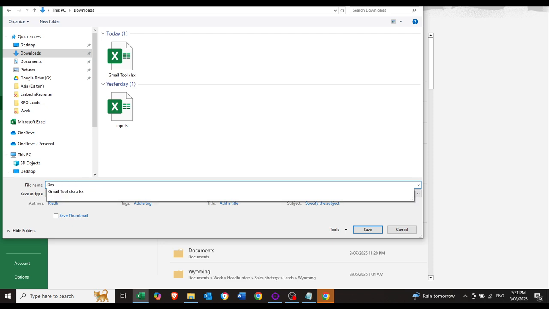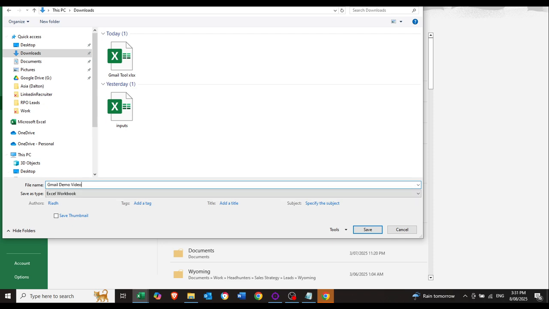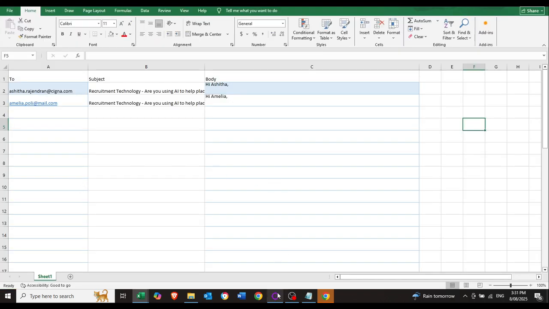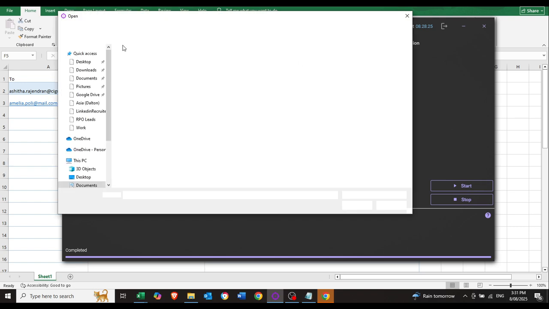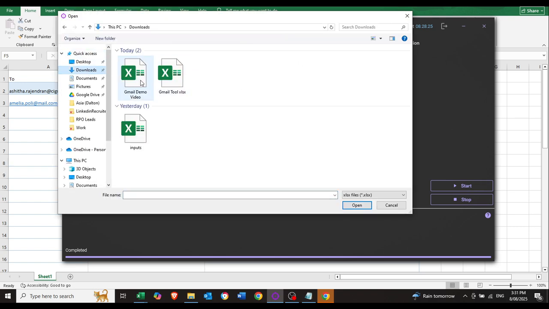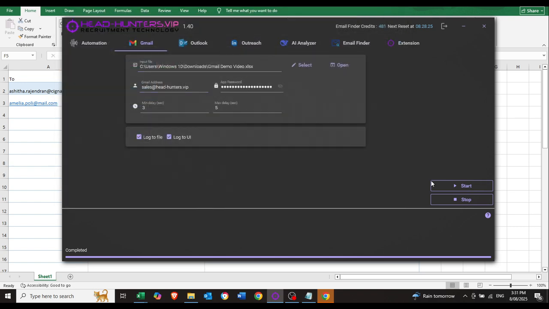Downloads. Gmail demo video. All right, so in Gmail, we're going to select a new one. We're going to go to our download section, Gmail demo video, and we're going to click send. Oh, sorry, start. So it's starting to send emails. What it's doing now is it's reading